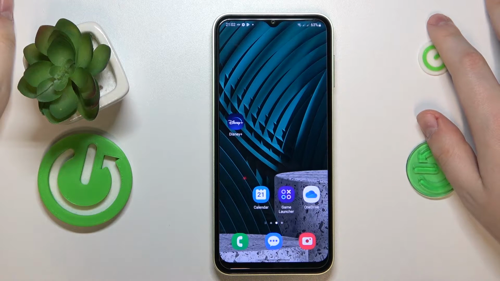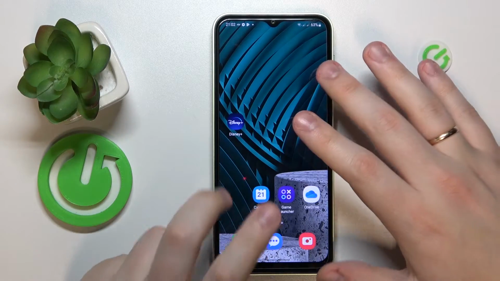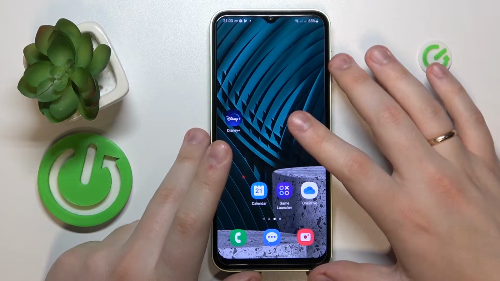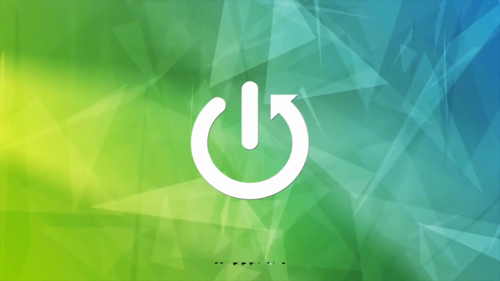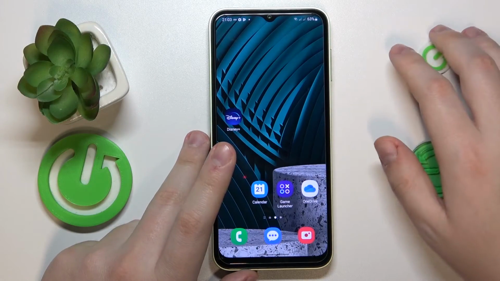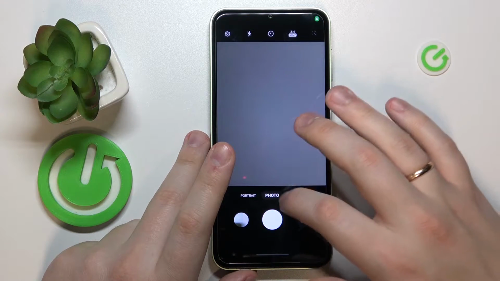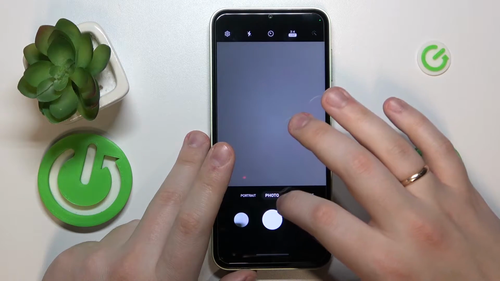Today in front of me I have Samsung Galaxy F14, and in this video I would like to figure out what is the maximum camera zoom value on this device. So without further ado, I will launch the camera app, make sure that I'm at the default photo mode, and